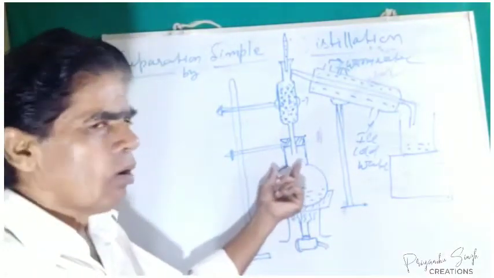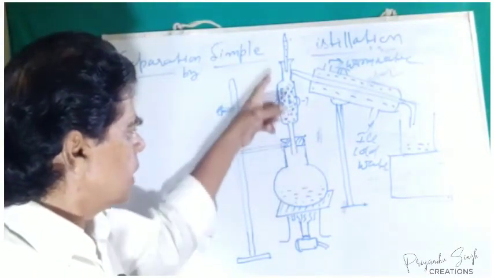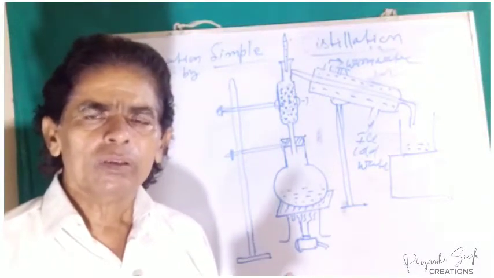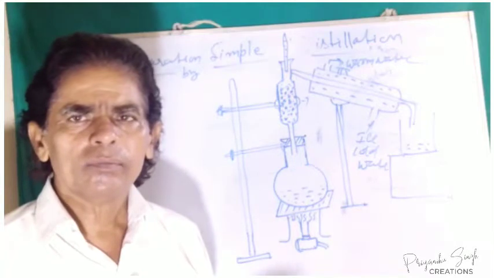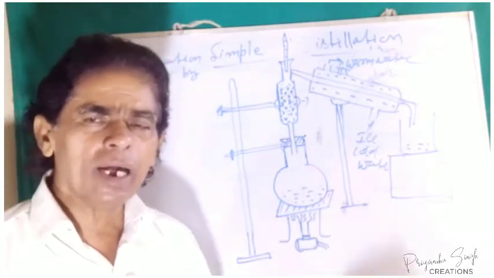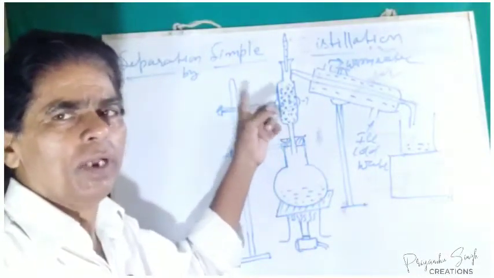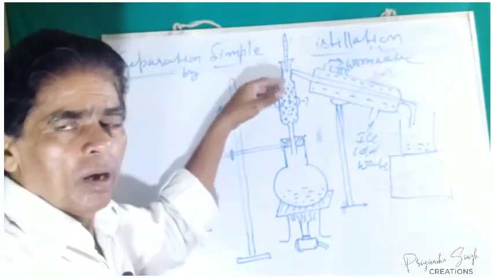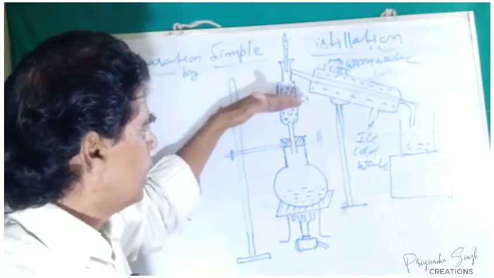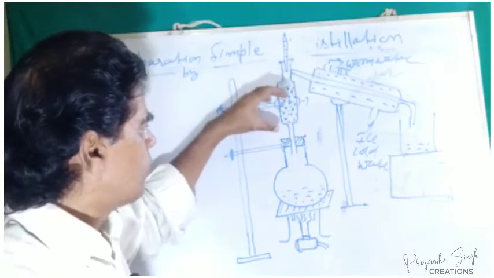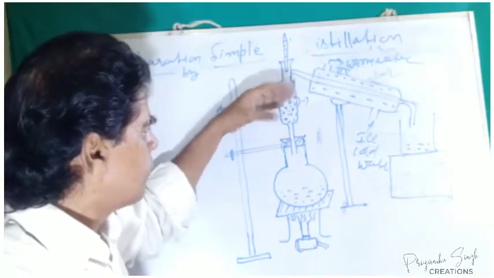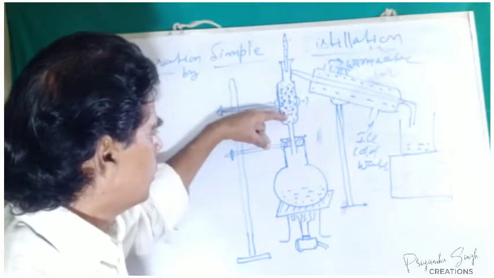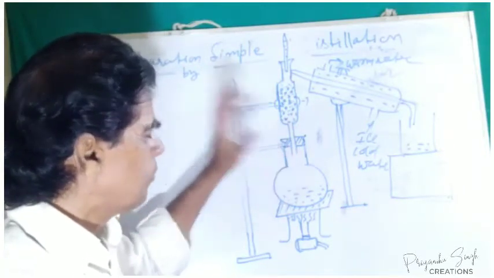So as the mixture of liquid vapors rises up and passes through the fractionating column, the vapors of the liquid whose boiling point is greater than the other gets condensed to liquid again, because being the boiling point higher than the first liquid, it gets condensed just after cooling to some extent, and after being cooled, the vapor gets condensed into liquid and drops back into the flask.